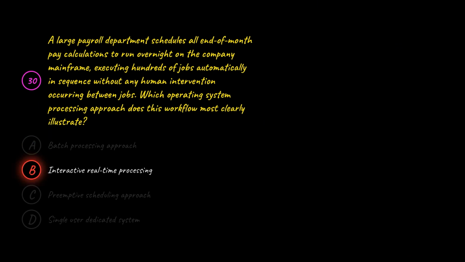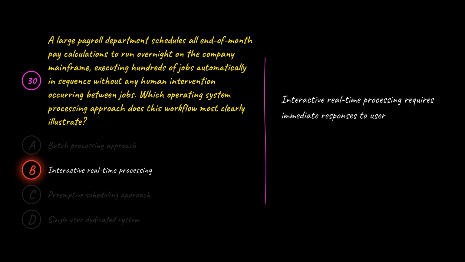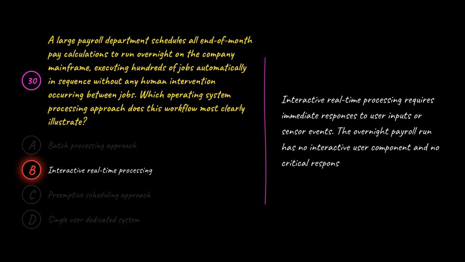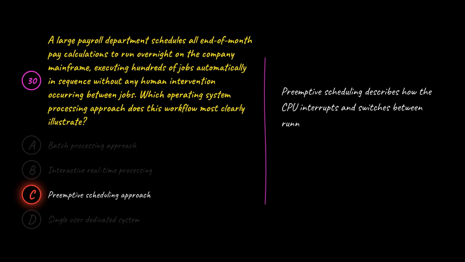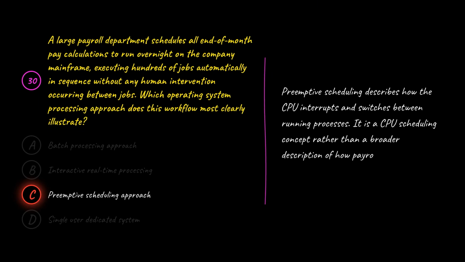B is wrong because interactive real-time processing requires immediate responses to user inputs or sensor events. The overnight payroll run has no interactive user component and no critical response time requirement, so this classification does not fit the scenario. C is wrong because preemptive scheduling describes how the CPU interrupts and switches between running processes. It is a CPU scheduling concept rather than a broader description of how payroll jobs are grouped and processed overnight